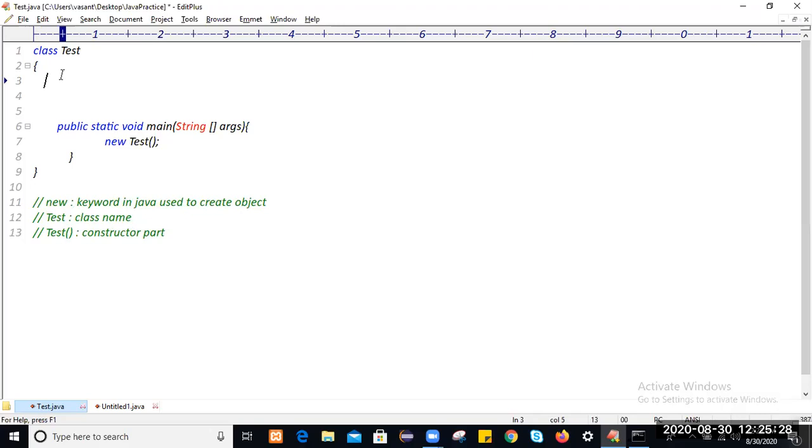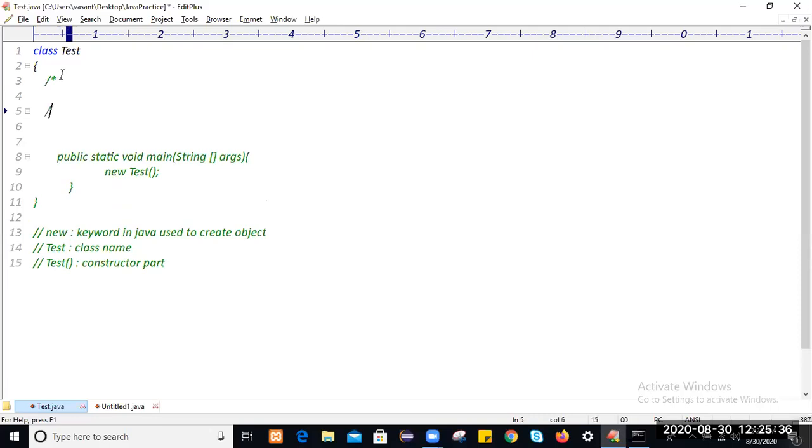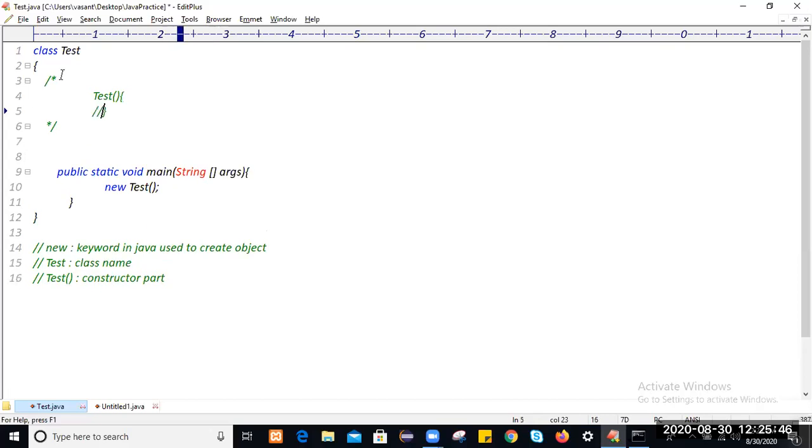If not, then the compiler will generate a default constructor like this. I will write it in a commented line. The compiler will generate a default constructor like this, with an empty implementation.